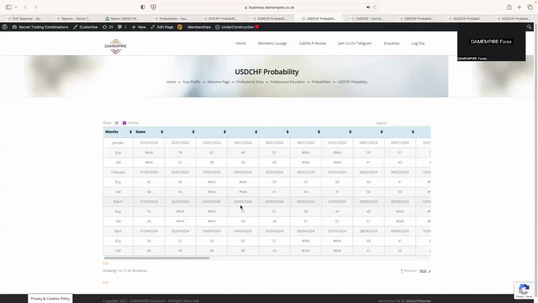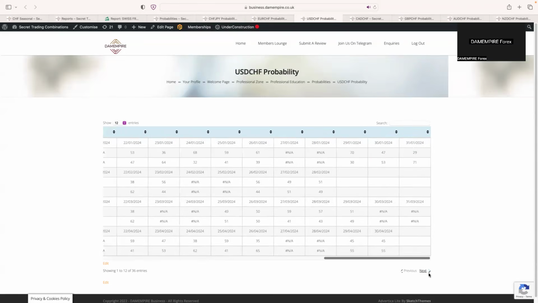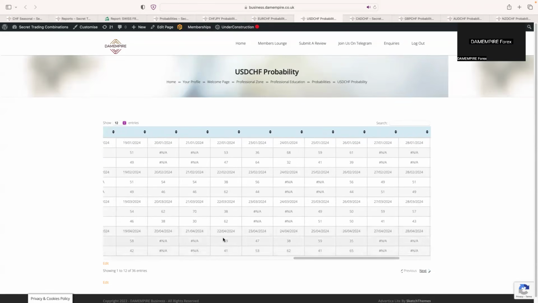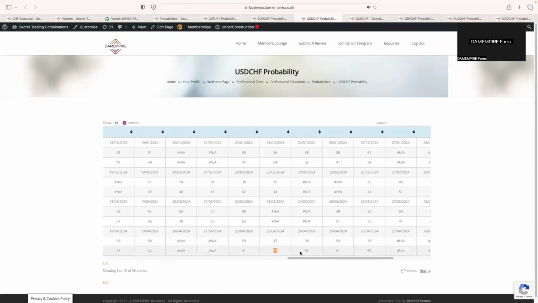Probability, let me go to date, 22nd, USD JPY. USD is going to be more powerful than the JPY. But on the 23rd, it's going to go down, down, down, down, down, up, down. Now, from my historical way, I like it to have 3 days in a row, down, down, down, because 53%